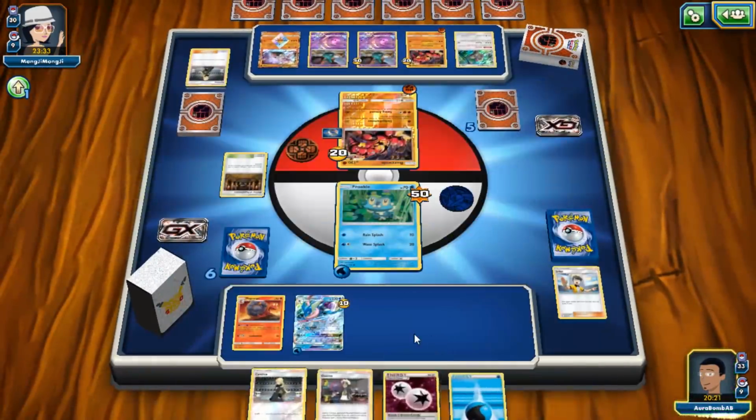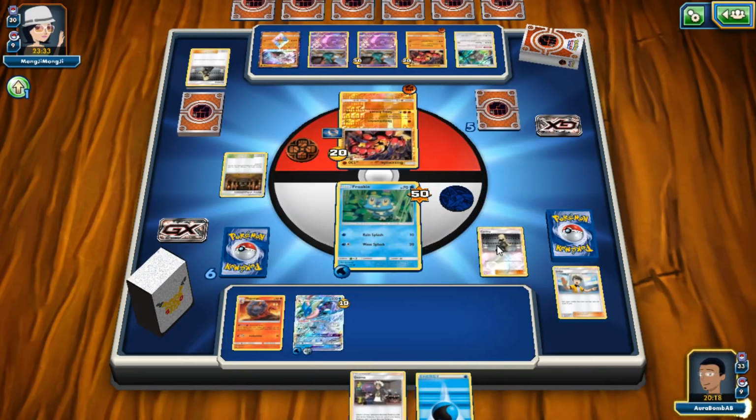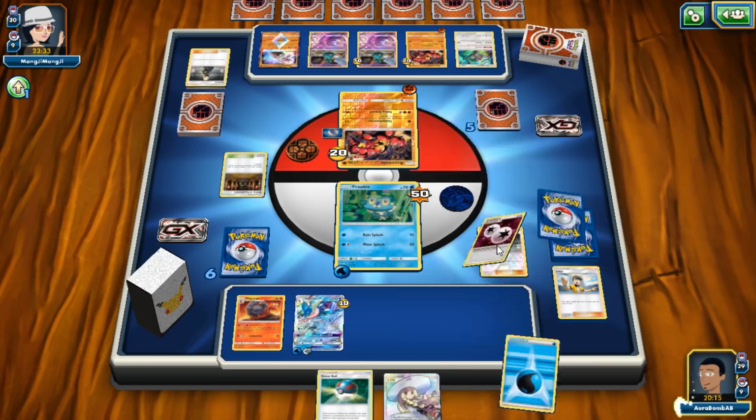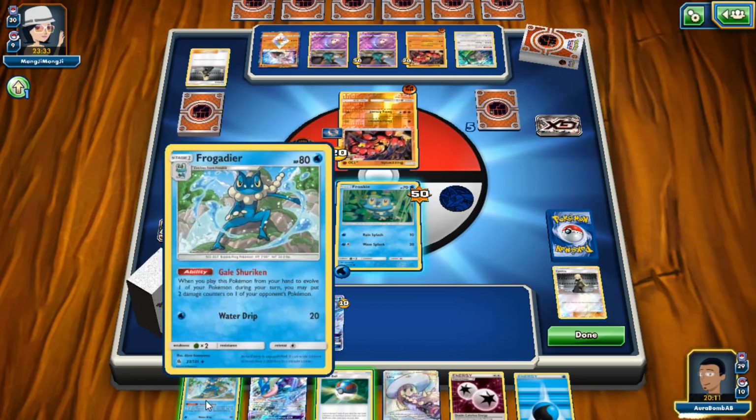We have DCE, we can manually switch, we can manually retreat. Just go ahead and do that. And we can still evolve this thing. As long as he doesn't find another Guzma, we should be okay. Where's my Brooklet Hills? Come on, game. Give me my Brooklet Hills. I really want to find...